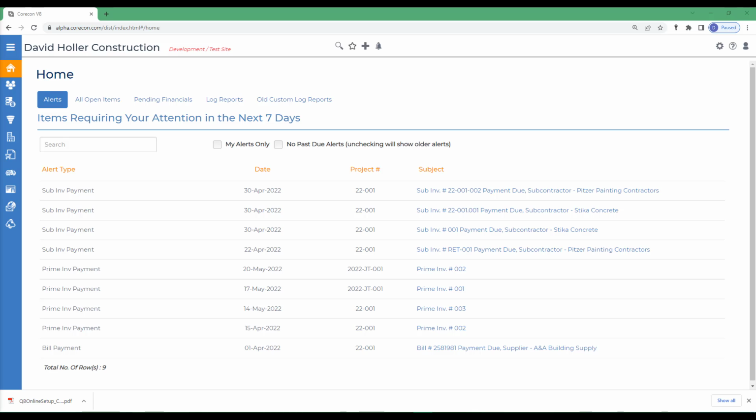It is important for your accounting staff to review the CoreconLink sync preferences, since this will determine how information flows from Corecon to QuickBooks Online. If you think of the CoreconLink as a bridge between the two programs, as it crosses the bridge, where will that information go? In other terms, data mapping between two software. In addition, the sync preferences will determine which service items and in turn which chart of account lines will be